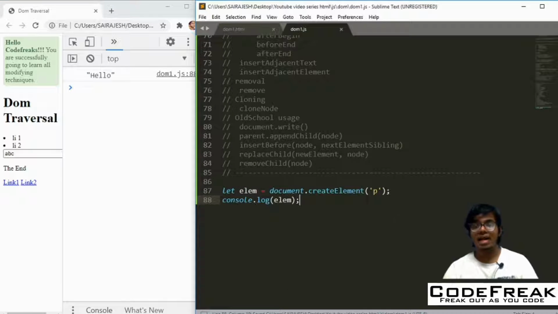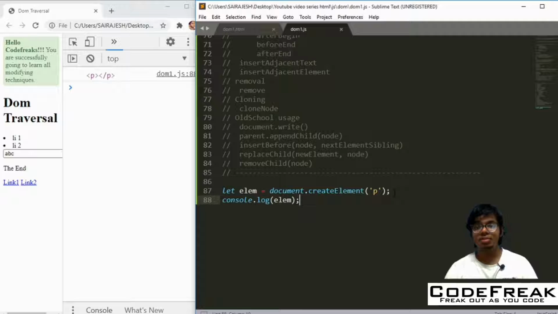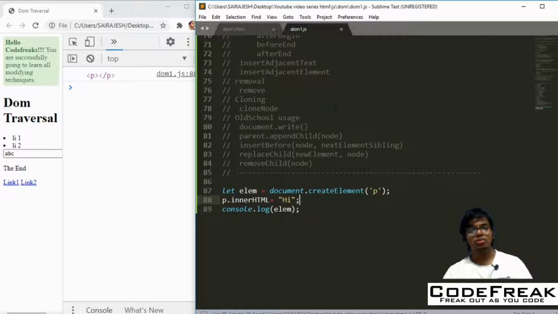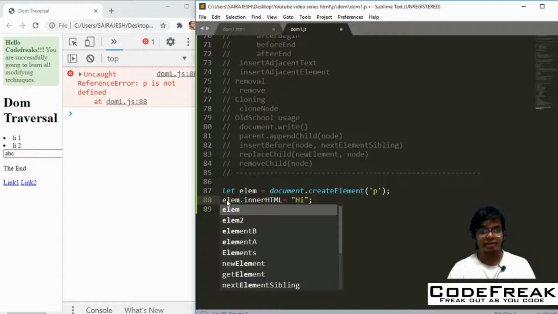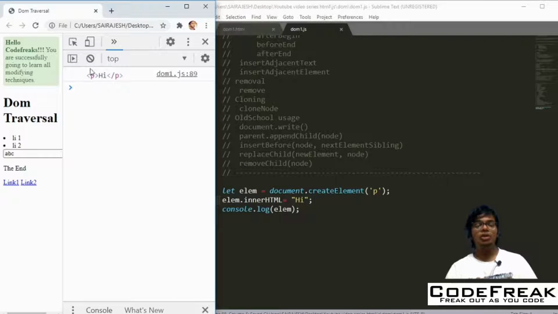So I have again created an element which is p. Let's do console.log element. You got a p tag. Say you want to add some text in that. You can do innerHTML, which we had actually seen previously. Or you can even use textContent, that is one more. So it should be lm. Now you have p and you have hi inside.